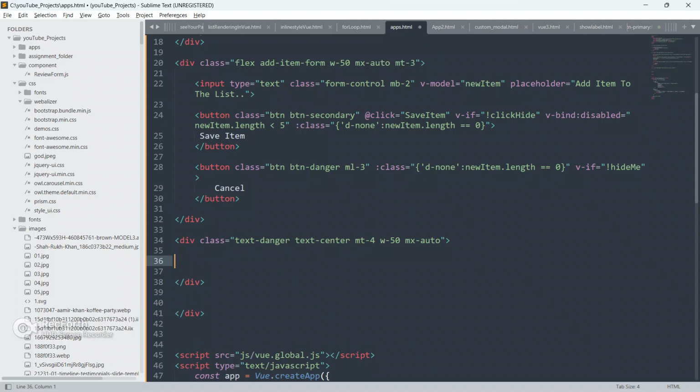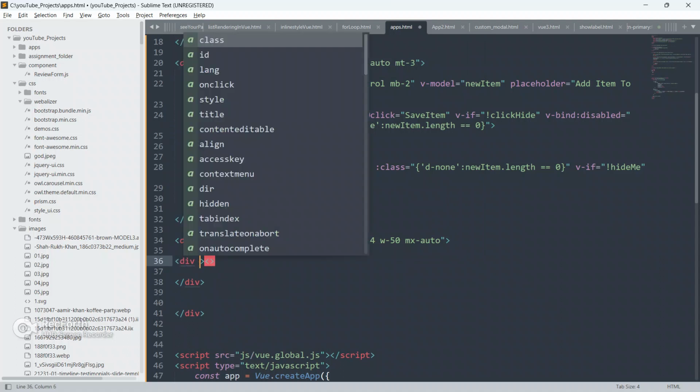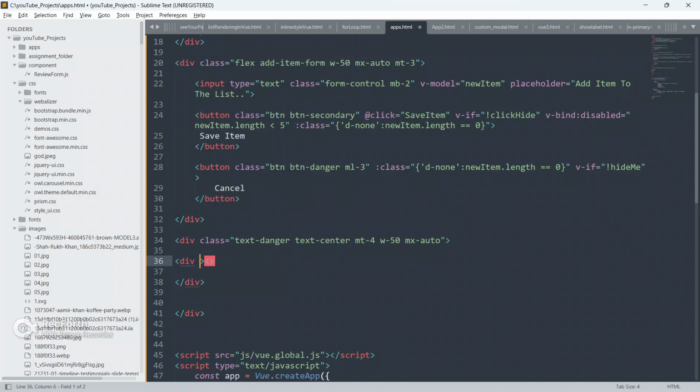Now inside this div I'm going to create another div. Give it a class or bind it using Vue. So v-bind, we can also write v-bind, guys.